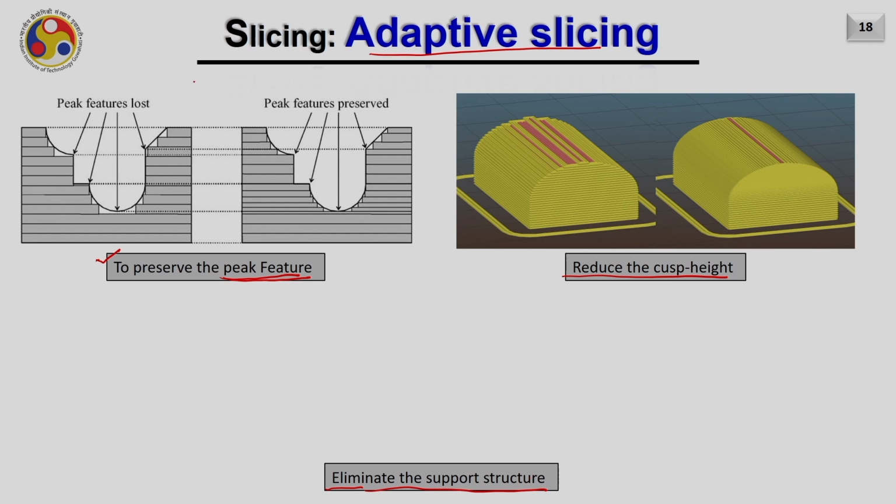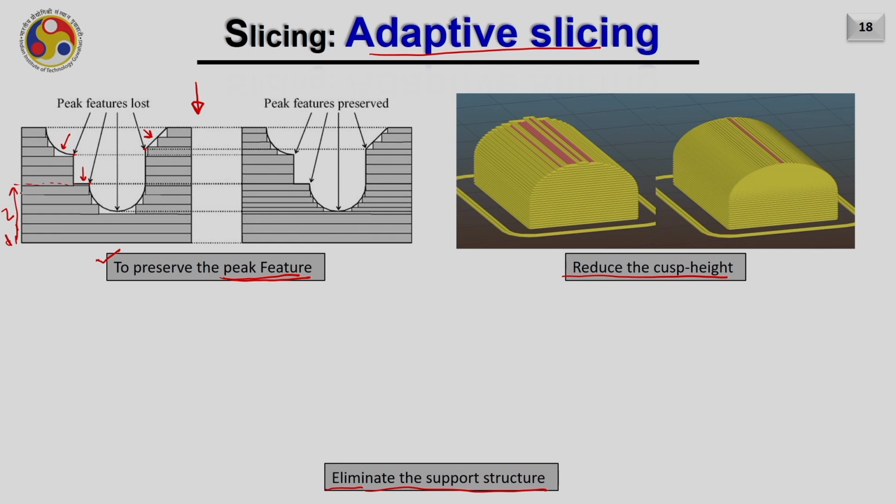The example of preserving the peak feature through adaptive slicing is shown here. As you can see, these are the peak features, and if I follow the uniform slicing, it may not happen that the uniform slicing is a multiple of the height I am obtaining here up to the peak feature. In that case, it may happen I will end up with my layer either before or after this feature. If it ends after this feature, then it is fine, but if it is ending before the feature, then I will not have any material in this region. In a similar fashion, you can see at the other regions as well.